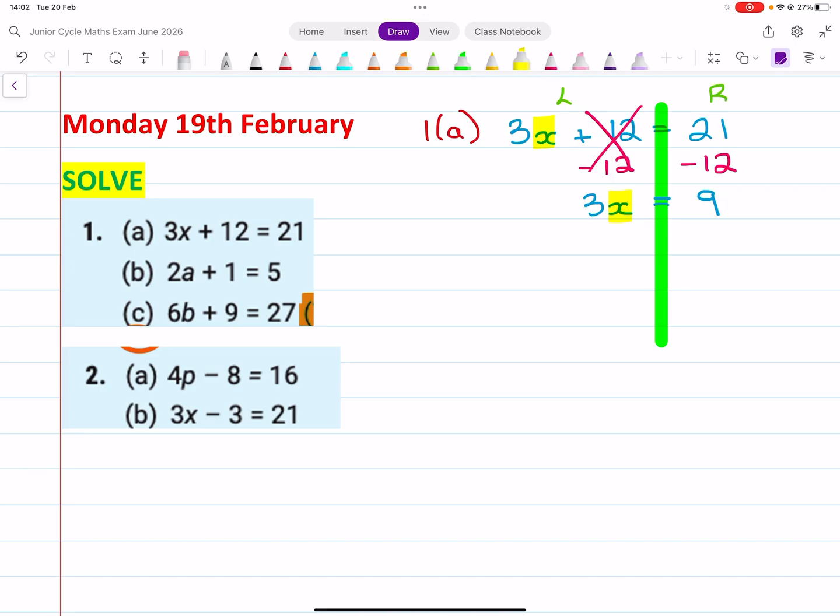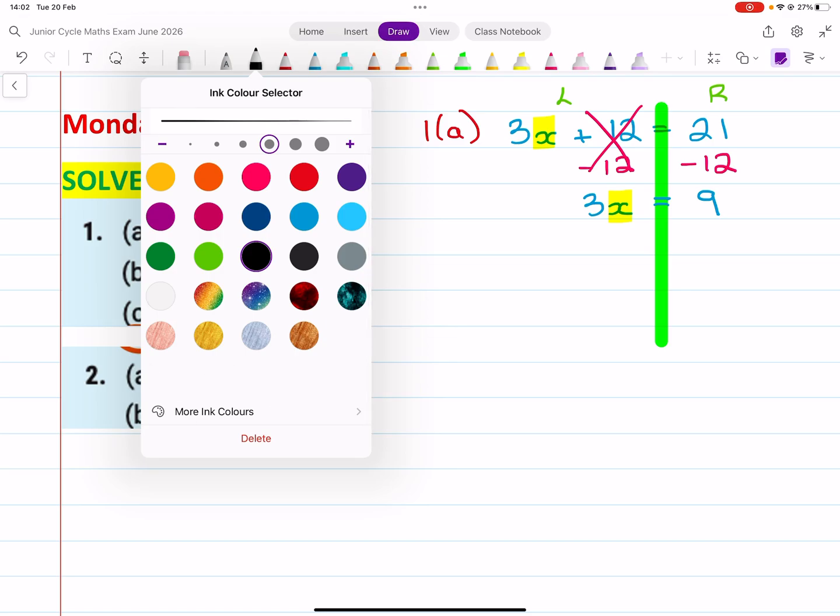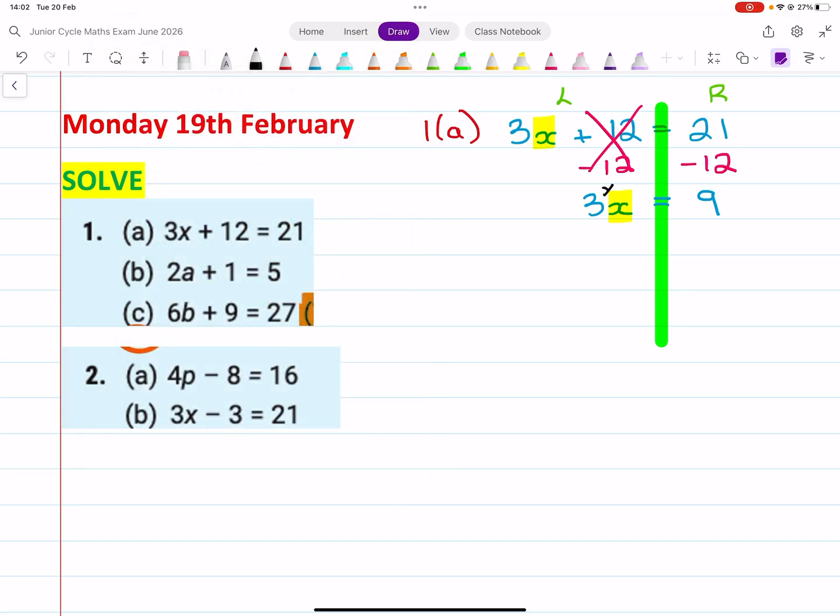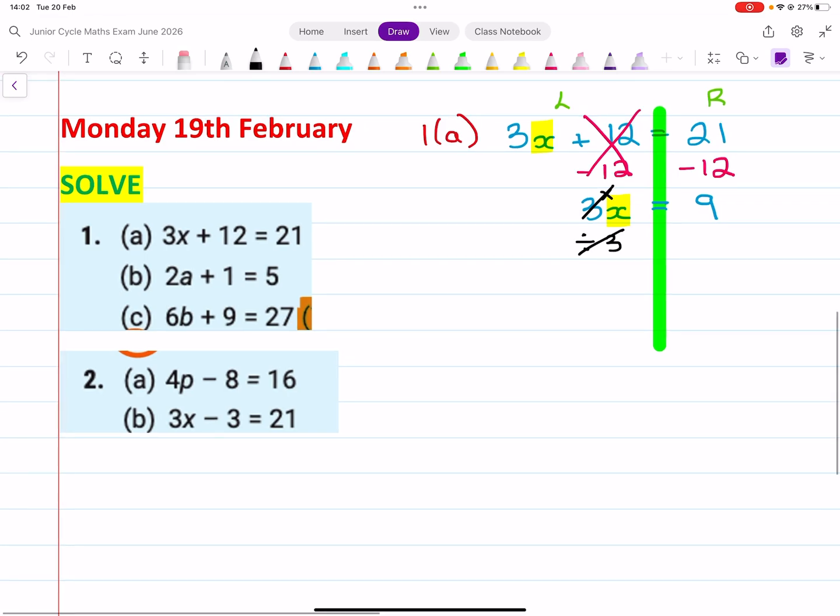And then I still have the 3 to get rid of. So the x is being multiplied by the 3. So the inverse of multiplying by 3 is dividing by 3. They will cancel each other out. But again, you have to maintain balance. So if I divide by 3 on the left, I will divide by 3 on the right. Tidy up again. So I have x is all that's remaining on the left-hand side, and 9 divided by 3